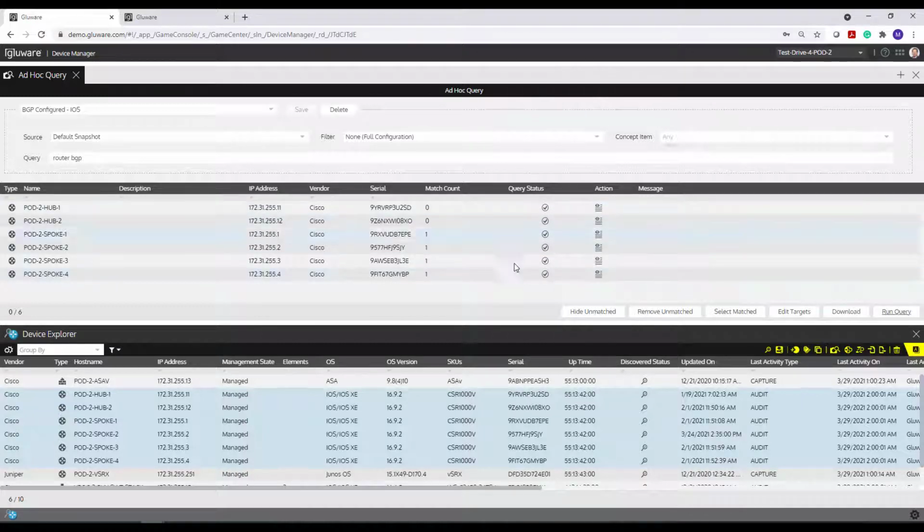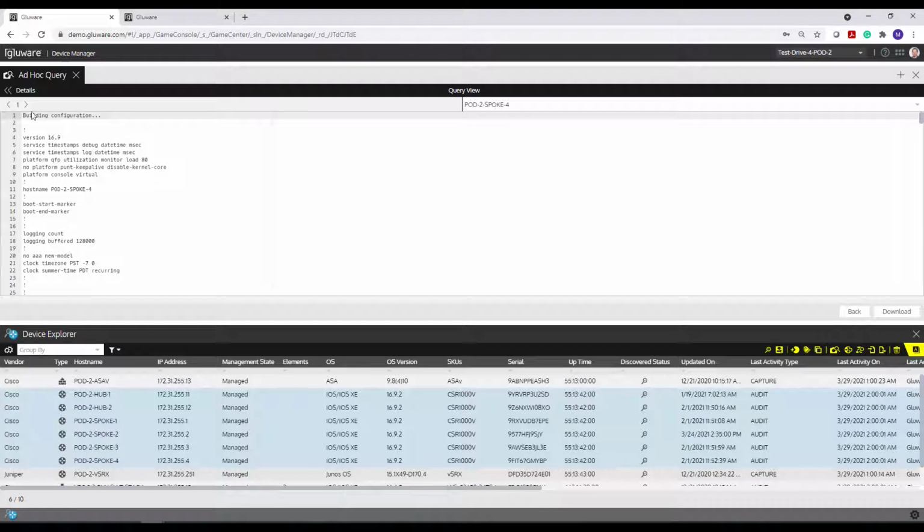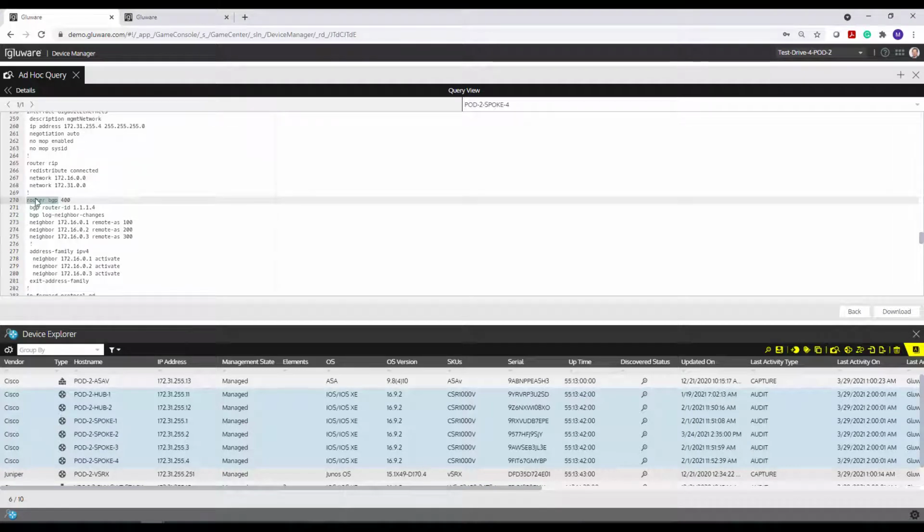And you're going to see the query runs very fast because those configurations are already stored in the Gluware database. And I can see that the spokes, and I know this because I configured this environment, are actually a full mesh of BGP, and my hubs are not configured for BGP in this example. So this is as expected: I have router BGP configured on the spokes and I don't have it configured in the hubs, and I can click in and navigate in to see router BGP is configured,